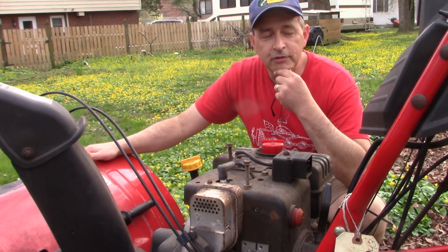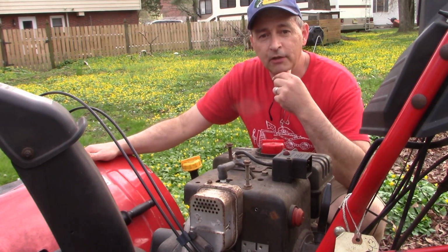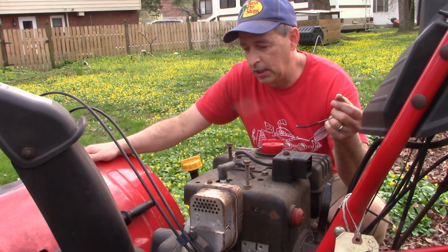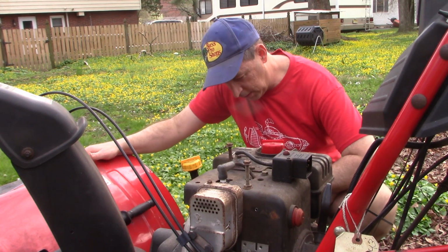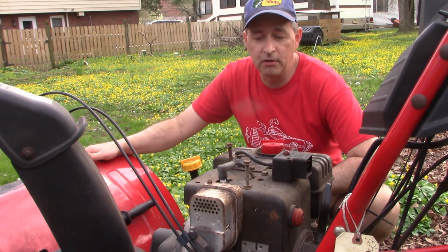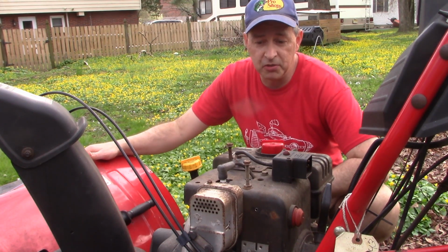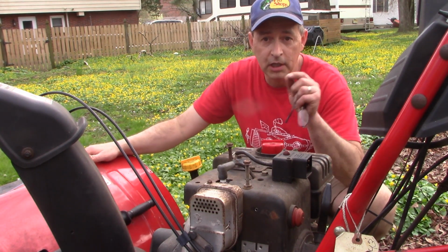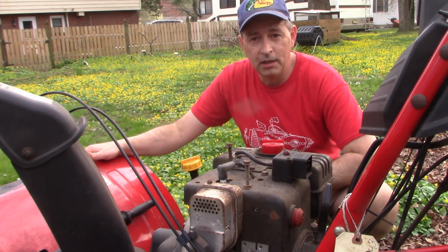Too bad now it's just going to have to sit for another 9 months till the next snowfall. So I'm going to do a few more maintenance items. Change the oil, open up this cover, check the condition of the belts, clean it up a little bit. And then I'm actually going to drain the gas out of the carburetor because we're going to store it. And for 9 months till next winter, we don't want to leave the fuel in the tank or in the bowl of the carburetor, because that's the reason that I didn't want to start at the beginning of the season